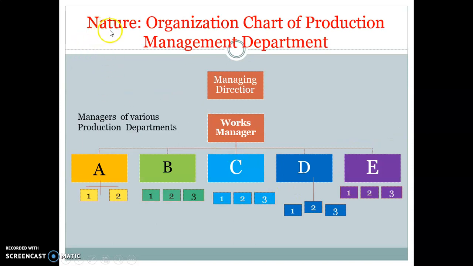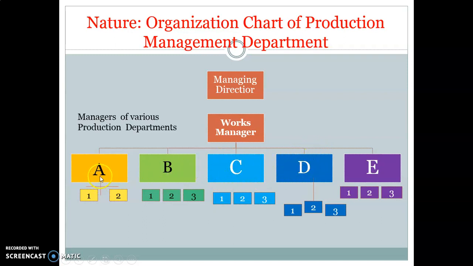So nature. What is the nature of this production management, or it is also called the organization chart of production management department. So this is the chart where we can see how this production department works. Managing director is the owner of the company, and under him there are different work managers. So these are work managers, maybe production manager, it may be assembly manager, it may be store manager, or we can call the storekeeper, or it may be quality manager.